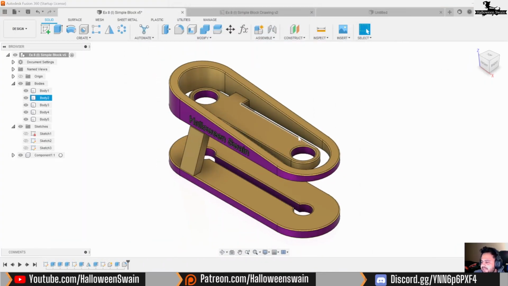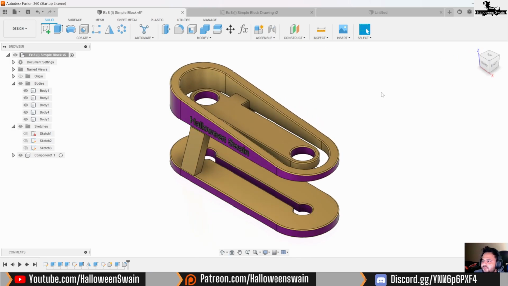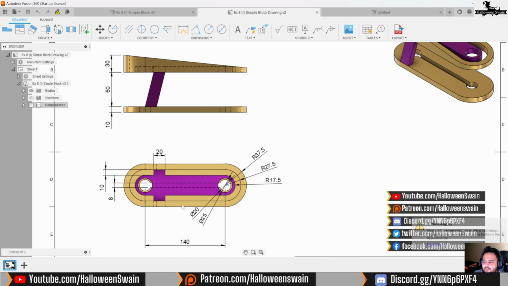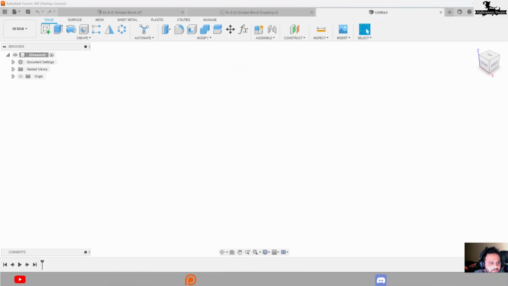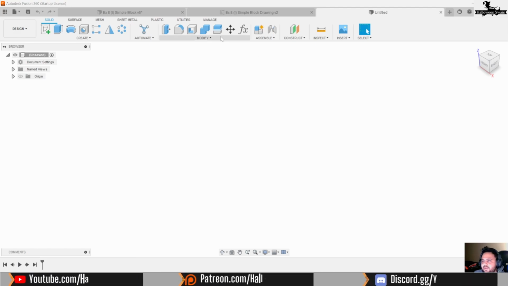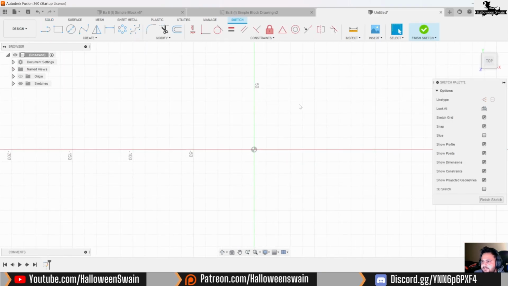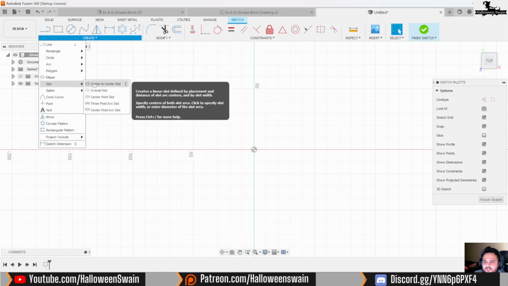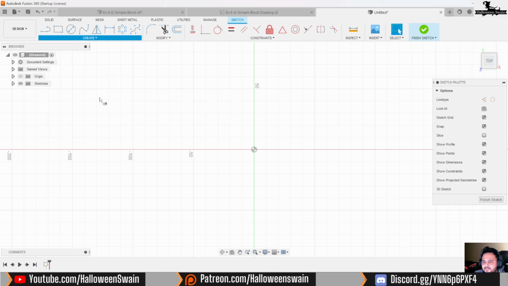So as you can see, this is a pretty simple design, and for this one we are gonna start with the top view. So just zoom. Perfect. Okay, so we are gonna make it with the top view, and for this exercise what we are gonna do is make a slot. We are gonna use a center point slot. Now you can use any kind of slot, it's just you have to put a dimension like that over here,